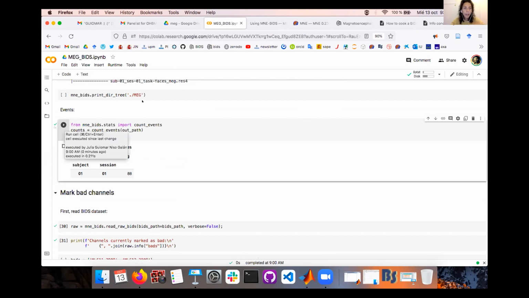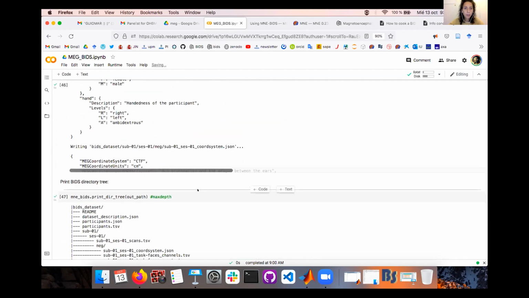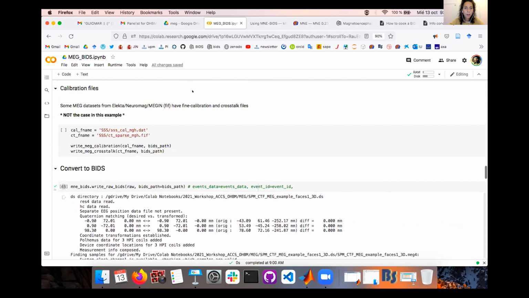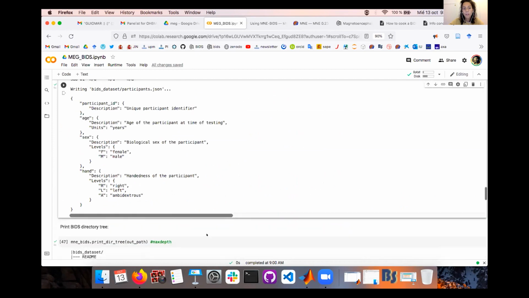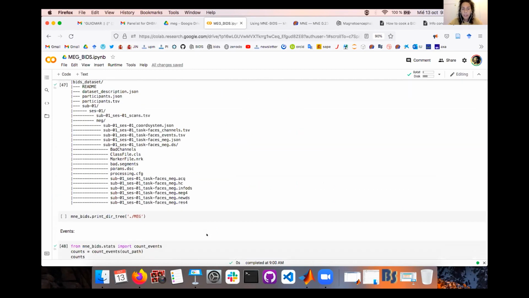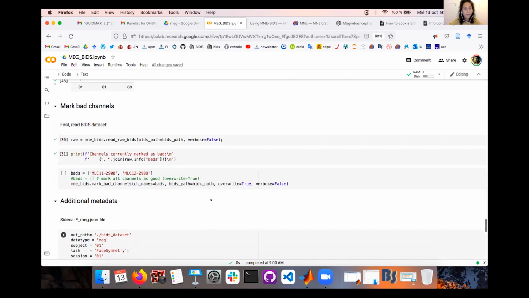But you can also add, as Remy was showing, a TSV file with the events, and pass it as an input to MNE-BIDS, and it will mark everything and synchronize everything accordingly. Let me show you. Here you just say events data and event ID, and this event ID is just a dictionary with the events. For example, trigger 1 is faces, trigger 2 is scrambled faces, and all this. So it organizes it there.